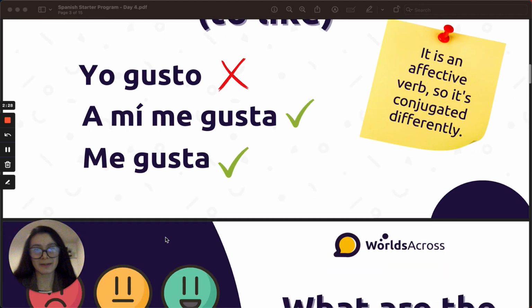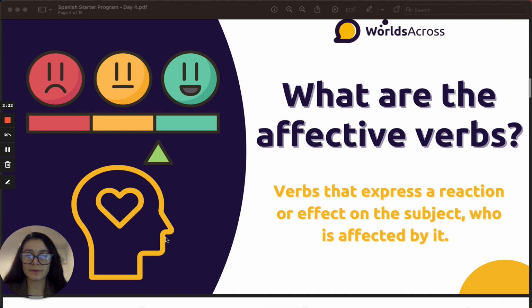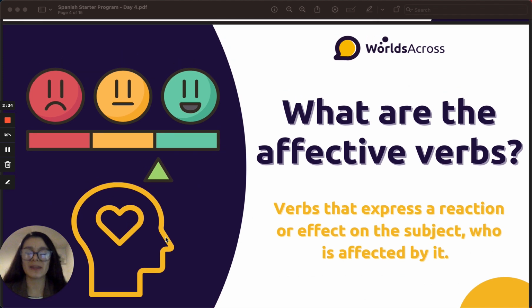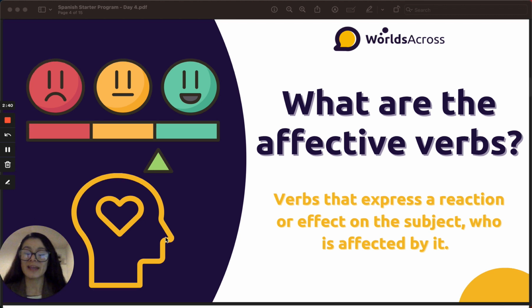So let's move here. What are the affective verbs? ¿Qué son los verbos afectivos? Well, as you can see right here, they are verbs that express a reaction or effect on the subject who is affected by it. What does that mean? We use these verbs when there is something that affects us.